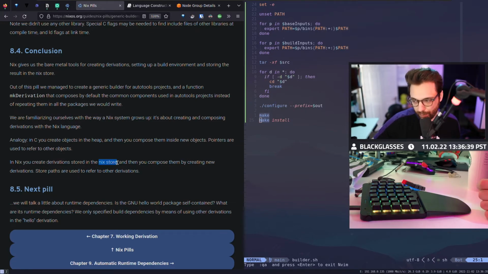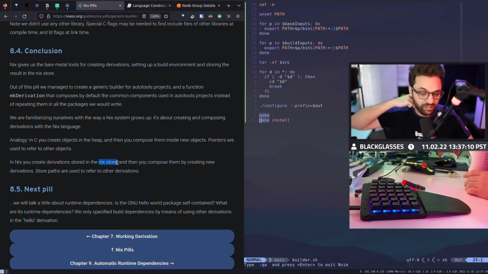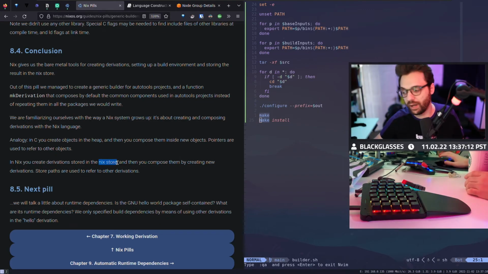So, an easier way to put it is, in Node.js, you can use Node without a package manager, right? It's a general purpose language in that regard. But with Nix, you can't use it without the store, right? And I guess a better example of that is with Node, you can only use Node with memory, right? The only other way this is comparable is basically if Node rendered all of its data to the file system, for whatever it needed for logical computations. Whereas Nix does that by default when it needs to, right?